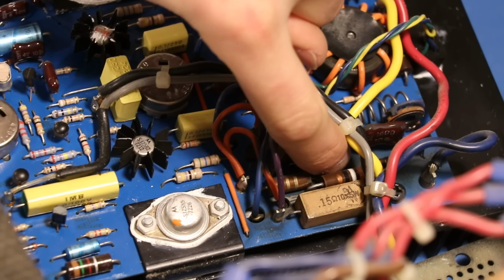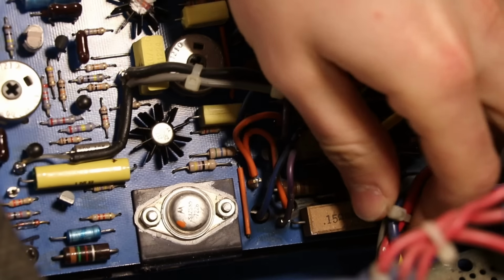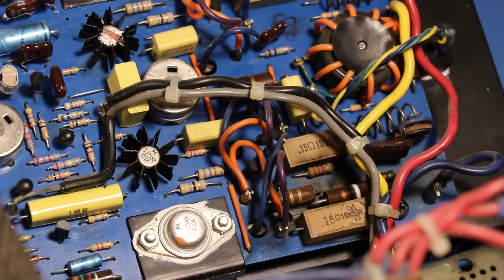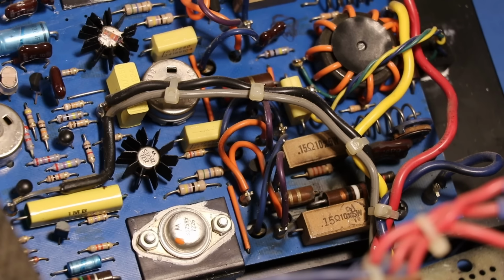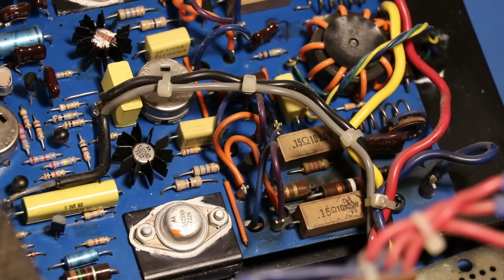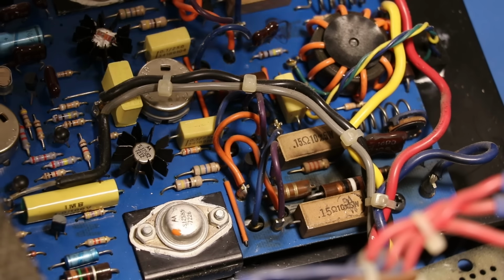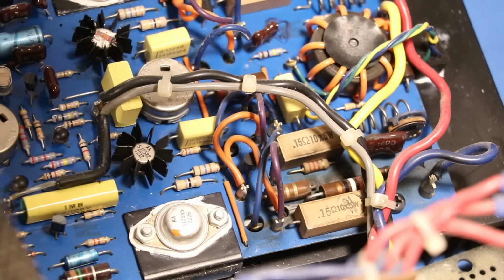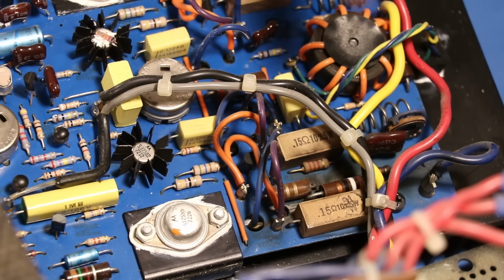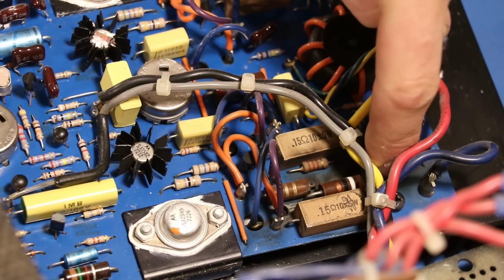There's some discoloration in the PCB, and I'm not quite sure what that is all about. If I look up on the other side, or the other channel, there is no discoloration over there, and the components all look to be the same, except for maybe this resistor right here. So I'll definitely be checking this resistor right in there, the one that kind of goes away when my finger